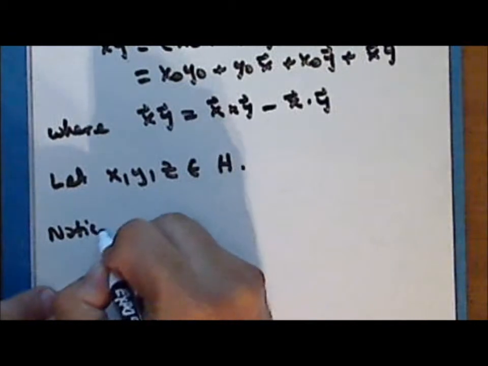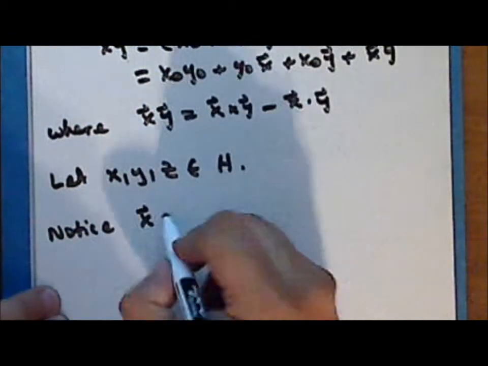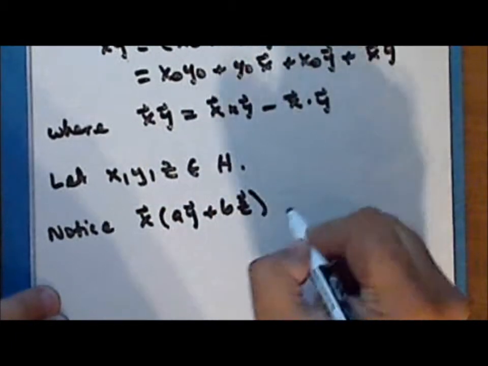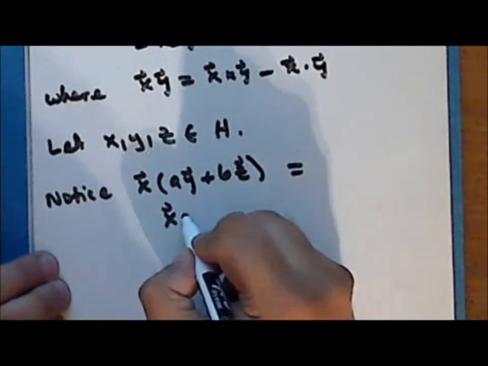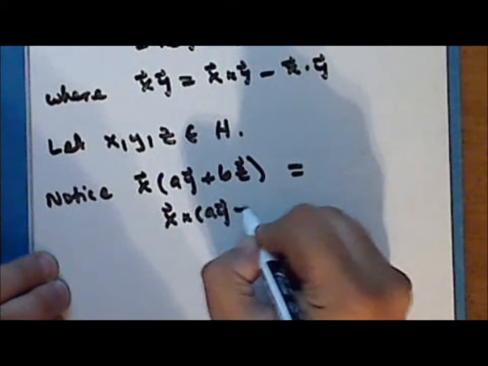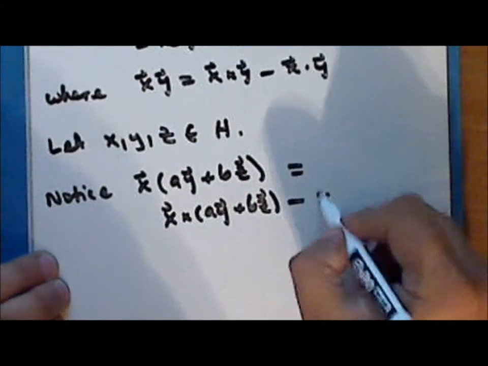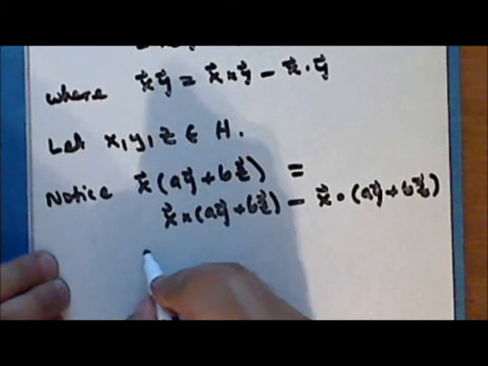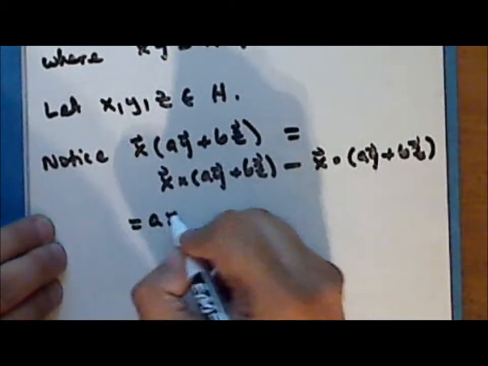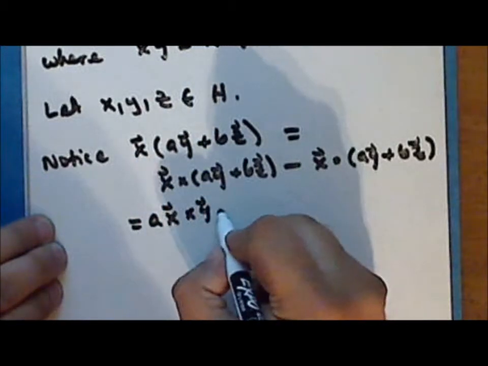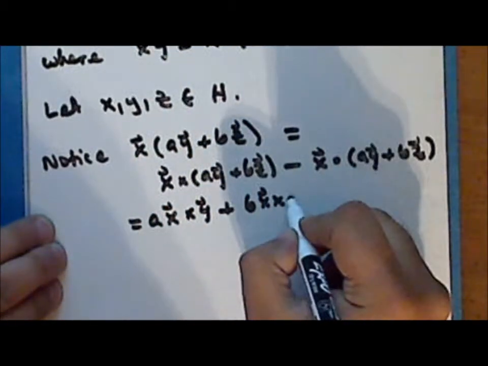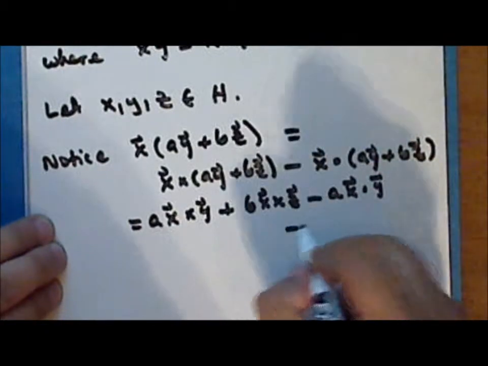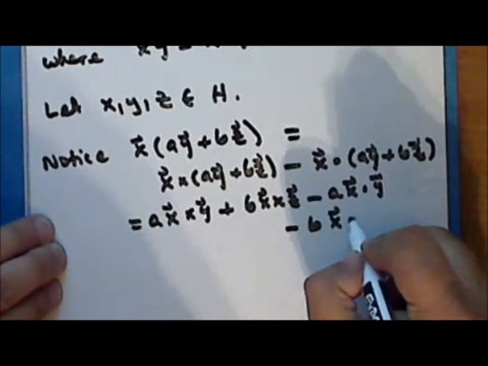Notice the product of the three-dimensional vector x with the quantity a times the three-dimensional vector y plus b times the three-dimensional vector z is the cross product minus the dot product, which is a times the vector x cross the vector y plus b times the vector x cross the vector z minus a times the vector x dot the vector y minus b times the vector x dot the vector z,